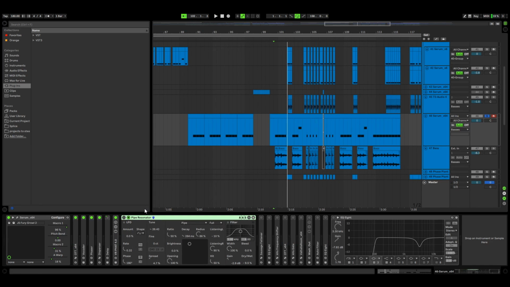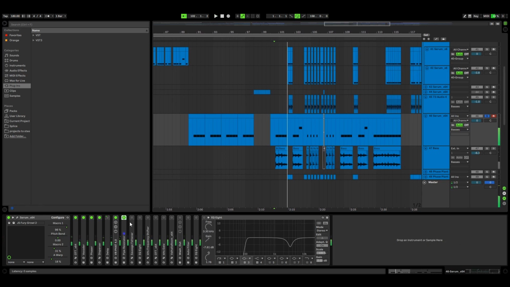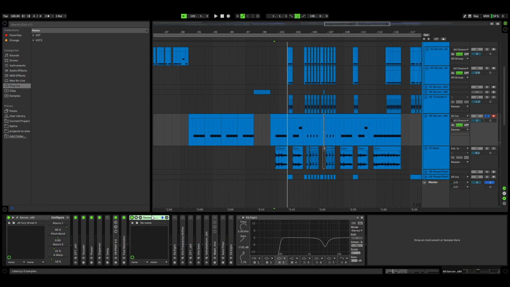I think this is one of the more magical effects in this chain. I put on a Corpus, which basically allows you to emulate playing the input signal and having the sound source be a weird object, like a steel beam, or in this case, a pipe resonator. And it does that. Then I just added a sausage fattener to beef it up.